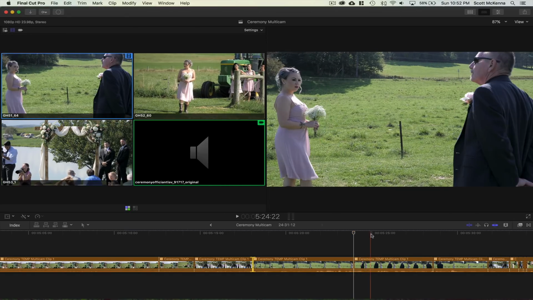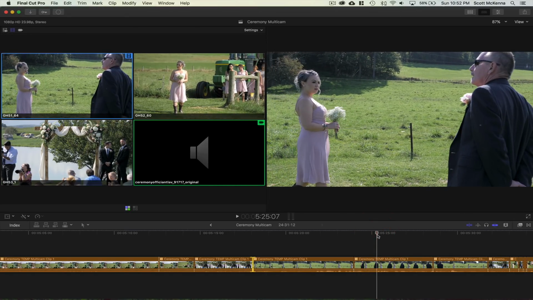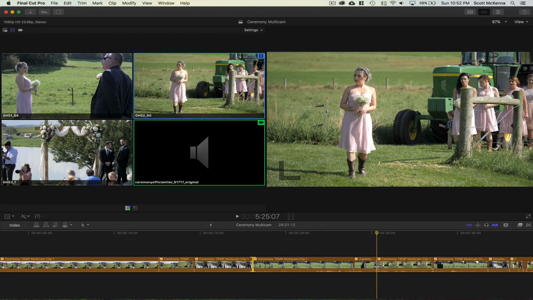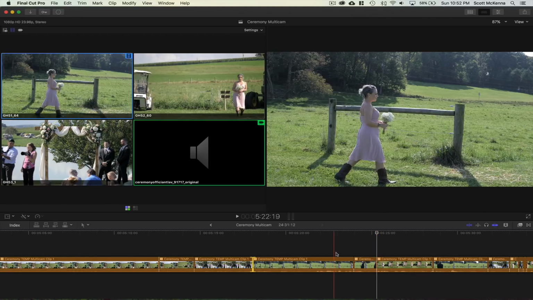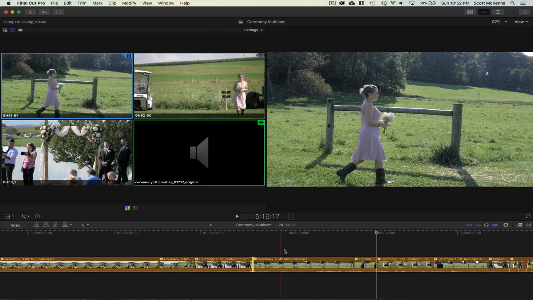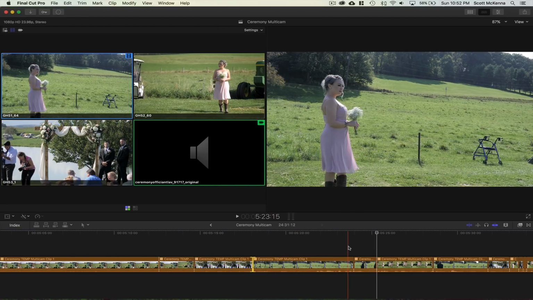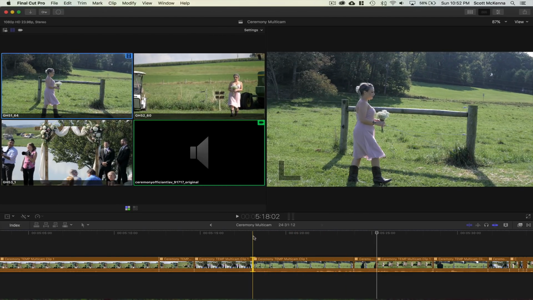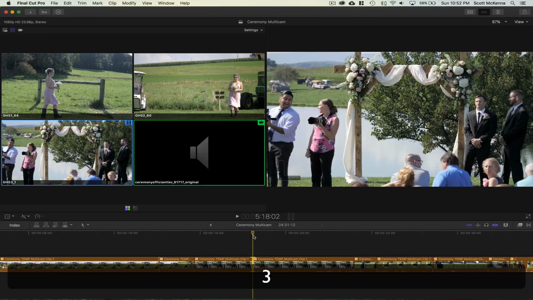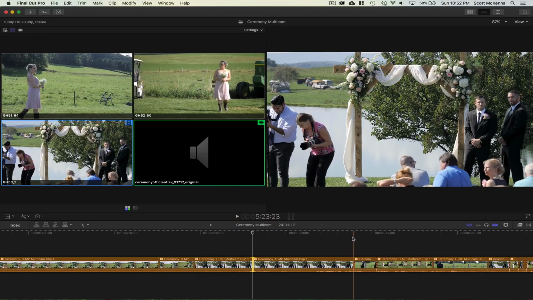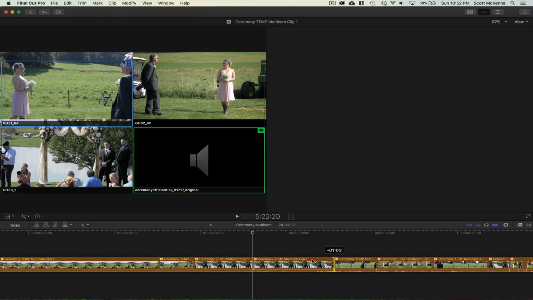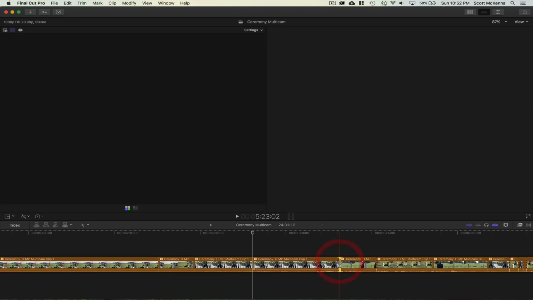Or if I do number 1. But now if the playhead were in the middle of this, not where it snaps, and I do 3 or 2, it makes a new cut in that specific area. So always remember, if I'm looking at this entire angle right here and I realize that was actually the wrong one, go to the beginning of it where it snaps, choose your new camera angle, and it will choose everything after that until that edit. Then you can still refine the edit in between here very simply.